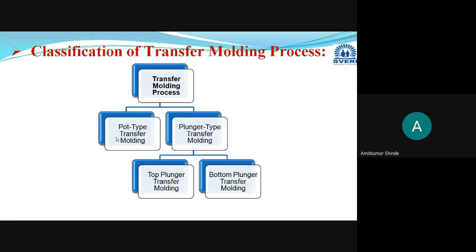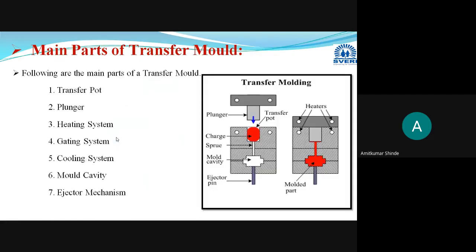Okay, the mold used for the transfer molding process and its basic parts along with their functions. Now, this is the diagram. You can say that these are the molds. This is the mold used. You can see this total will form the mold. Now this total overall mold used for the transfer molding process consists of the following 7 main